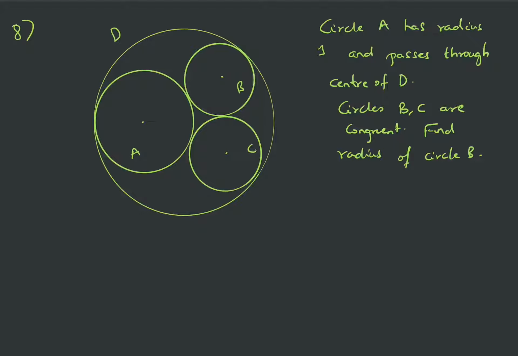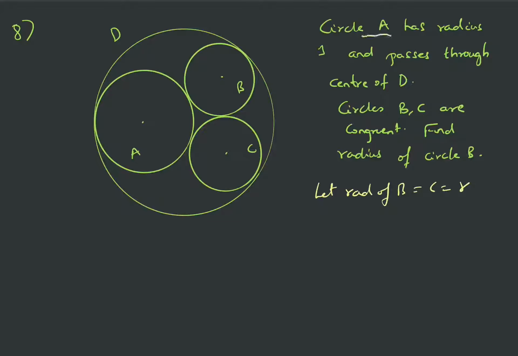Fine. So 7th question was very simple, so I just skipped that. So in the 8th question, there is a circle of radius 1 which passes through D. So there are 4 circles A, B, C and D. D is the bigger circle. So these small circles are externally tangent to each other, and all these 3 circles are internally tangent to bigger circle D. Fine. And circles B and C are given as congruent. Congruent means of equal radii. Let us say equal radii is R. So let radius of B is equals to C is equals to R.